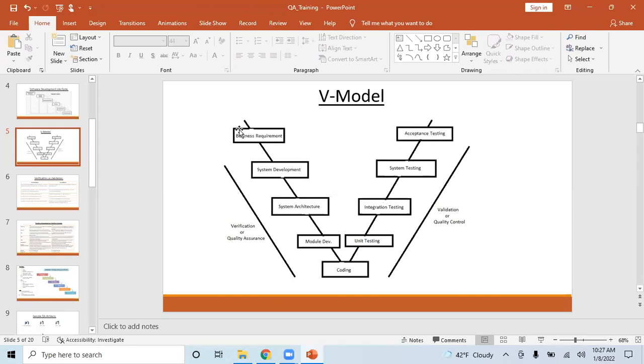In UAT, that's where the business comes into the picture, and they validate based on their acceptance test criteria. Business will say, we accept these requirements only if this criteria is met. So they only test those things. The major difference between acceptance testing and system testing is that in system testing, you test thoroughly end to end with all positive and negative scenarios. You try to break the system, right? You test everything in system testing, like all your performance tests. The business or end customer doesn't do all those things.